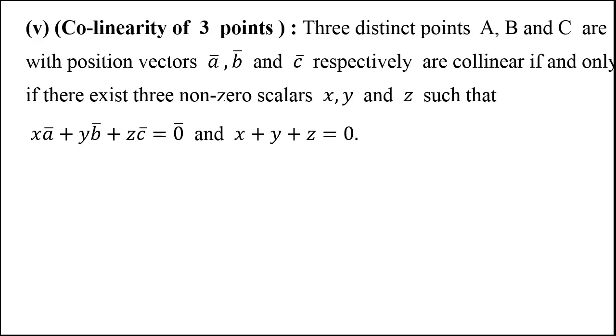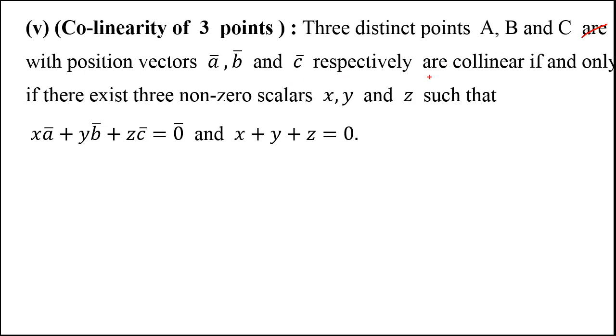नमस्कार. आपण मागच्या लेक्चरमध्ये कोलिनियरिटी आणि कोप्लेनॅरिटी बद्दलची माहिती घेत होतो. Here is the result. 3 distinct points A, B, C with position vectors A bar, B bar, C bar